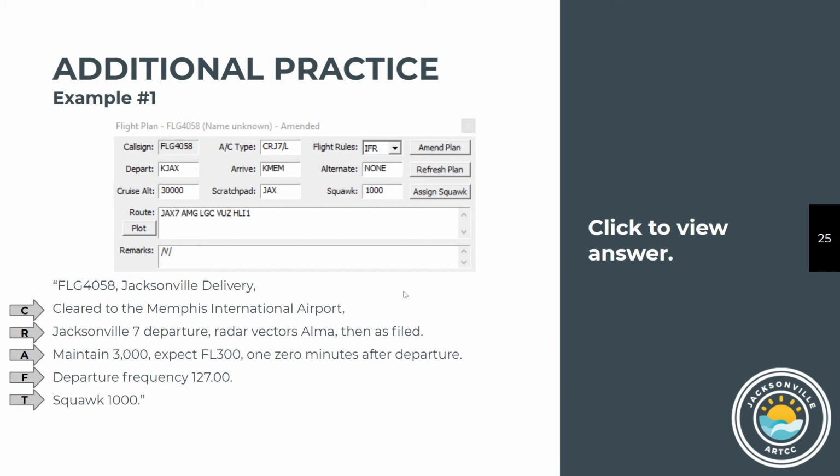Jacksonville delivery, cleared to the Memphis International Airport, Jacksonville 7 departure, radar vectors ALMA, then as filed. Maintain 3000, expect flight level 300 10 minutes after departure. Departure frequency is 127.0, squawk 1000. And then if they got it all, they will read it back, and they will say, Foxtrot Lima Golf 4058